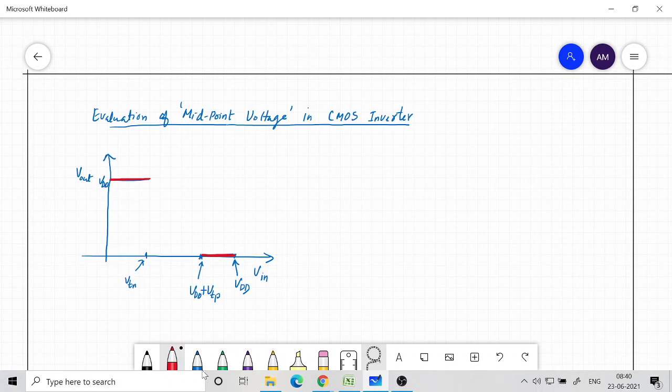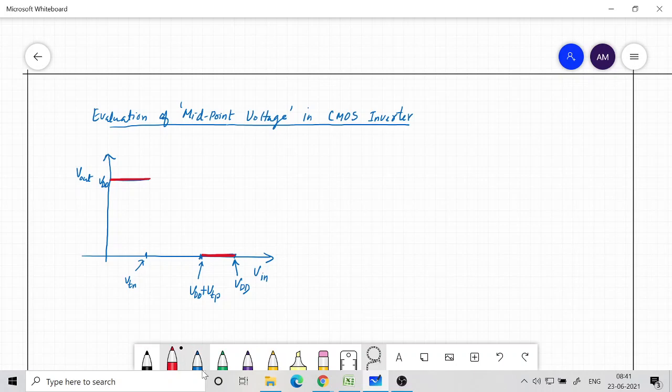Now how that change happens, if you look at the middle region, now we can draw this with the channel length modulation and without channel length modulation. So I have asked you to study as a part of your previous experiment to see what is the effect of channel length modulation. If you remove channel length modulation, how does the transfer characteristics look like, and in the presence of channel length modulation, how does it look like? So that is something that you have to study.